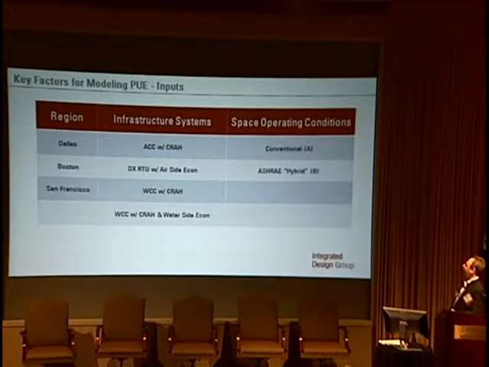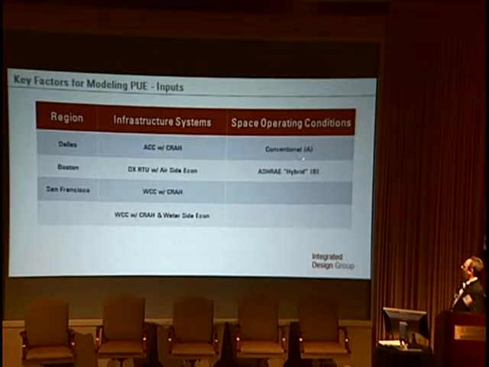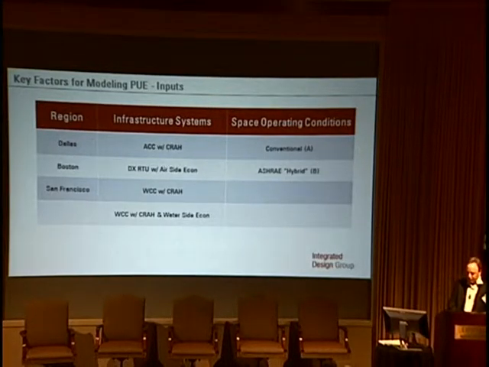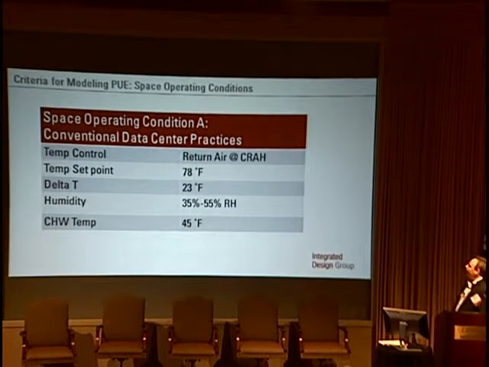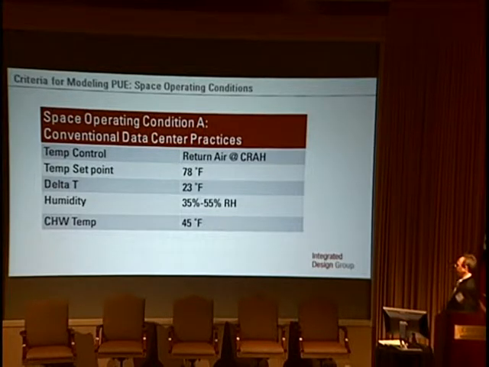Space operating conditions, we took 2. We took what we're calling a conventional condition, and we took what we're calling an ASHRAE hybrid, which allows you to go to the ASHRAE recommended temperatures and their allowable humidity ranges. So if you look at these operating conditions, which appear to be the most important input here, operating condition A, which is the conventional one,